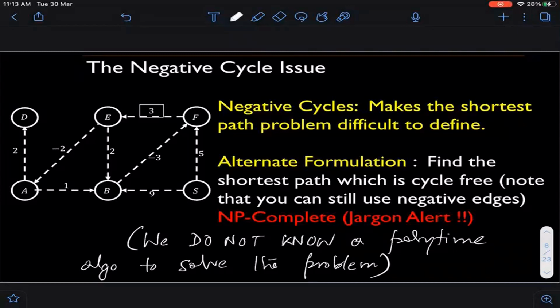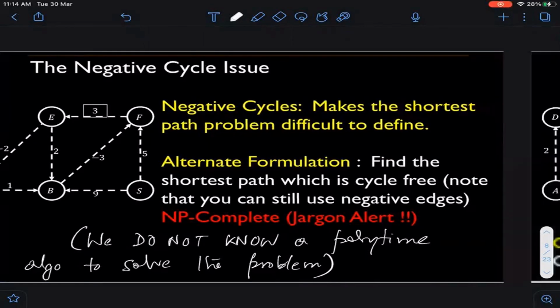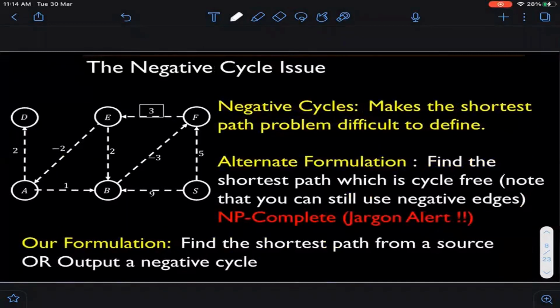There is a class of problems, and lots and lots of problems belong to this class. This one is one such problem. Given a graph with negative edge lengths, find the shortest cycle-free path in the graph. This turns out to be an NP-complete problem. So we cannot do much here. If we want a fast runtime, then we cannot do much here. Clear? Then we settle for the obvious thing.